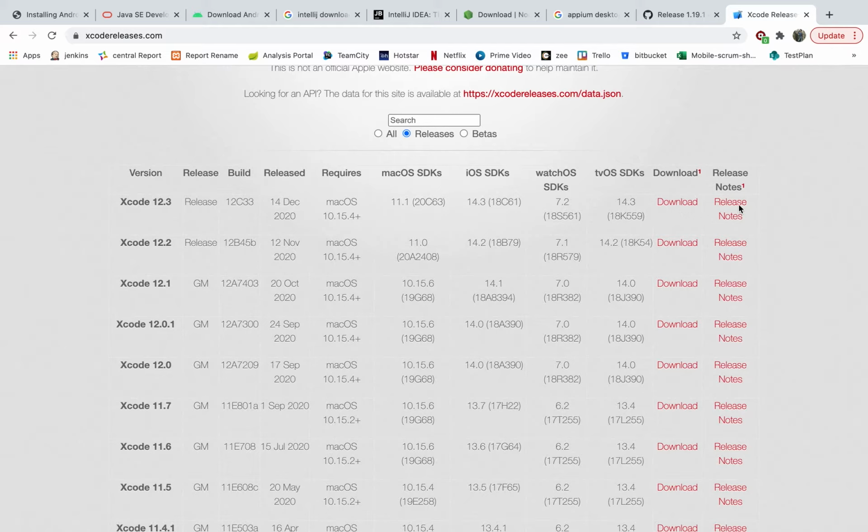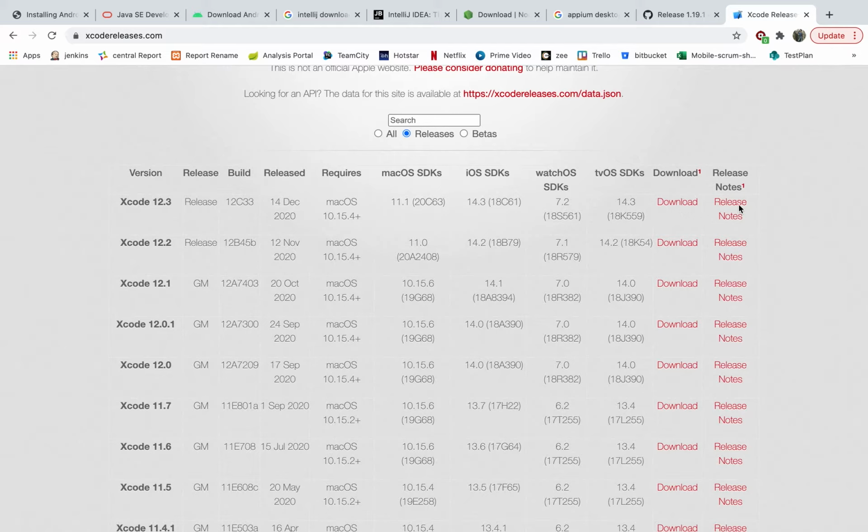So guys, here I am opening the WebDriverAgent project. I'll just give you the location. Right now on my machine there are two Appiums installed, one is the desktop version and one is a command line version. So if I want to check the desktop version's Appium path, under Applications, right click on Appium, show package contents, go to Contents, Resources, then app, then node_modules.